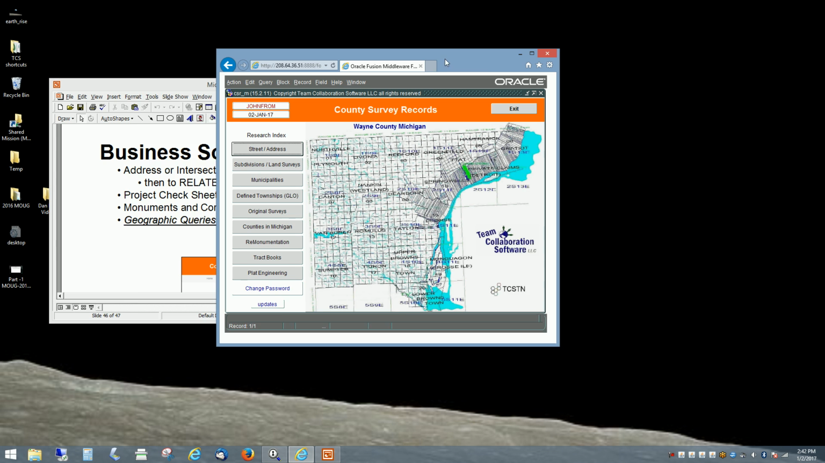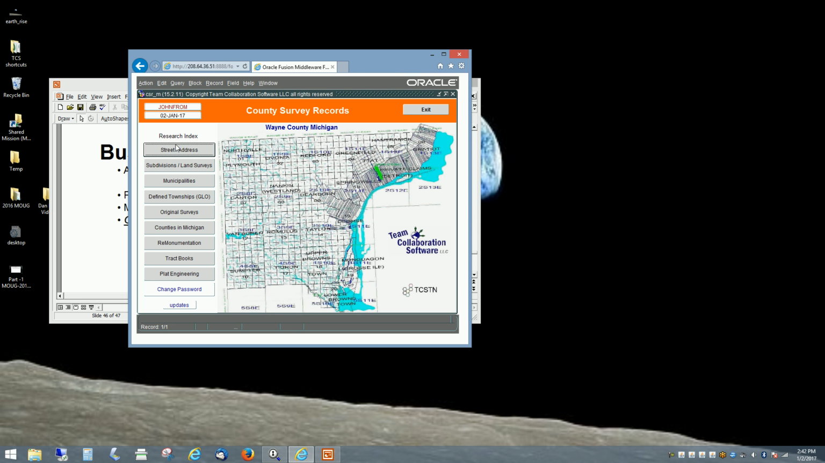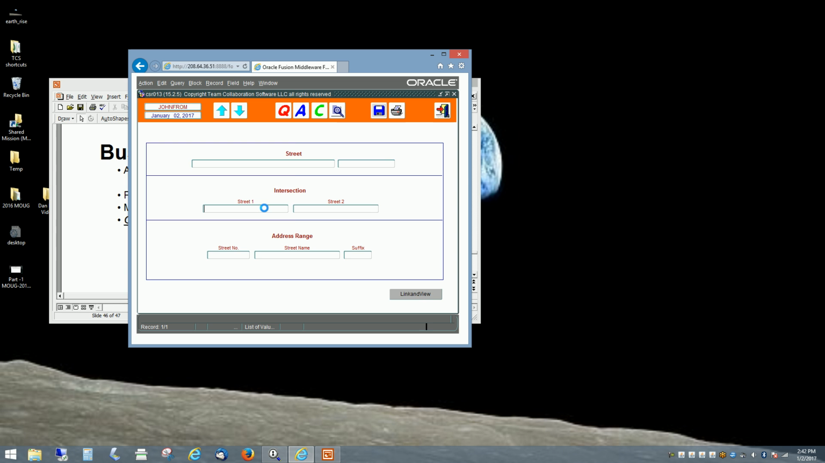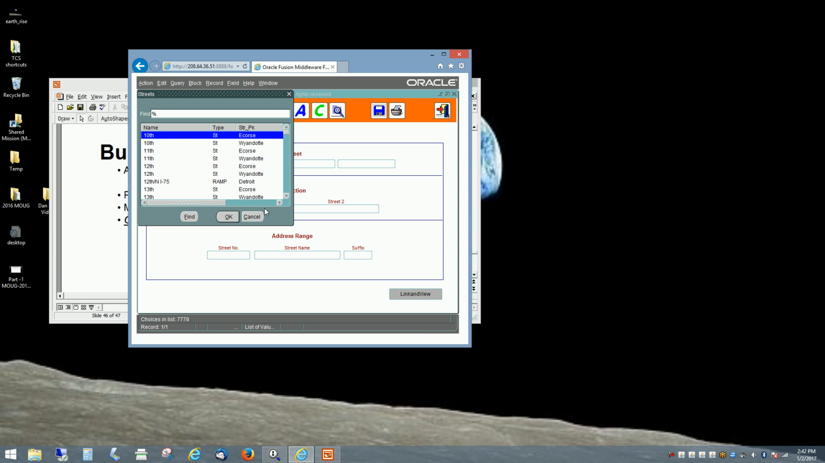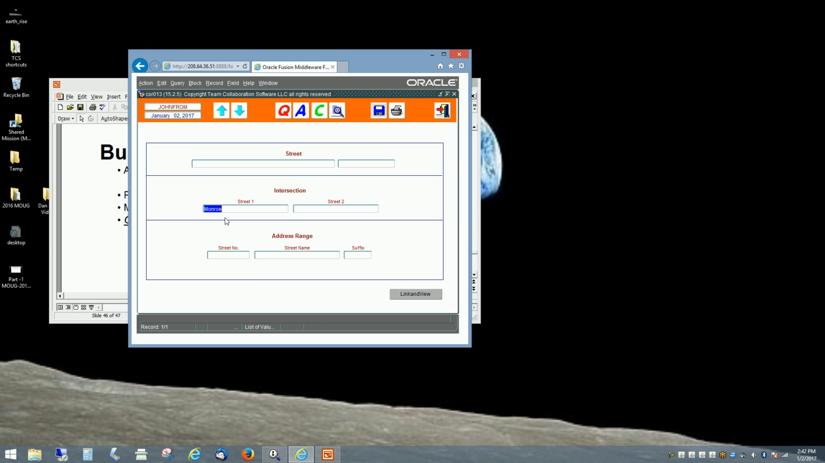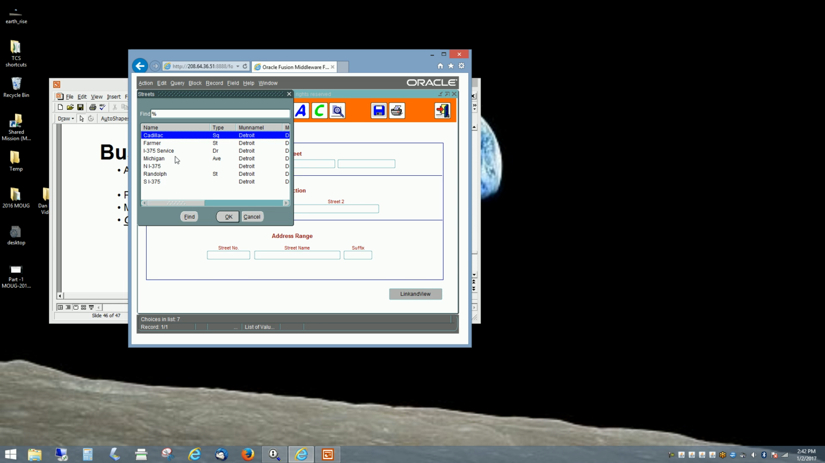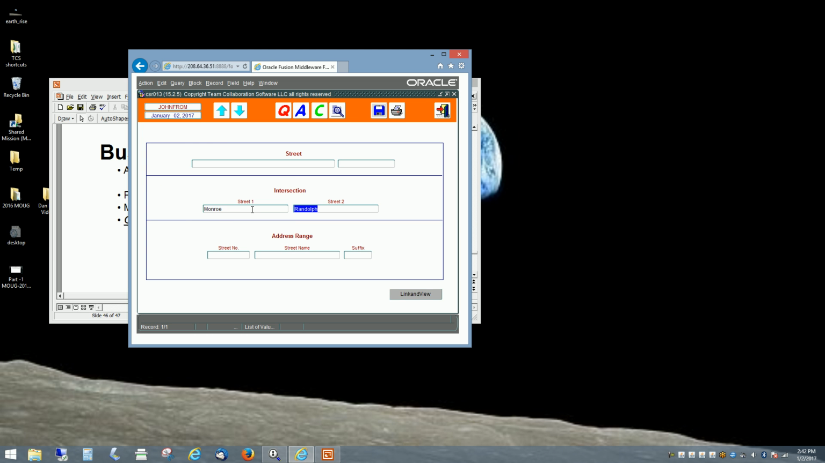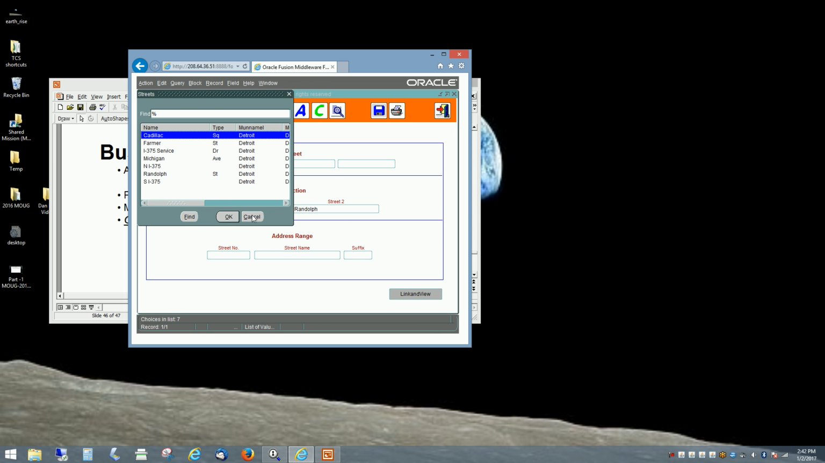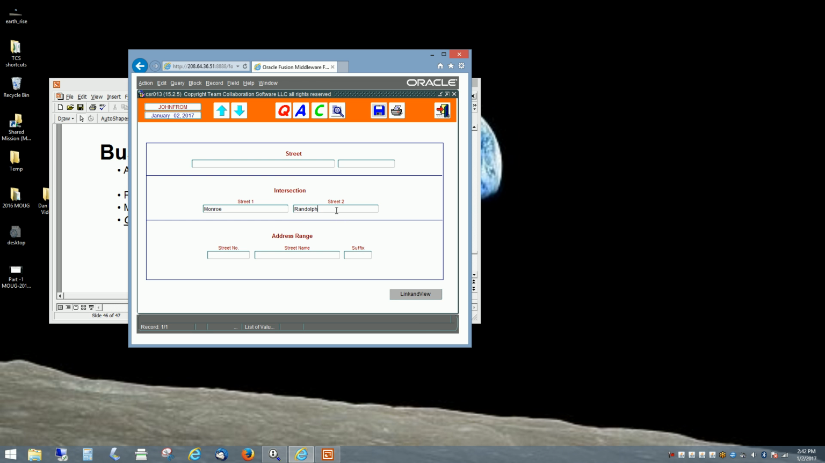So here's the main menu. I've logged in, and this is the research index. There's a number of different ways they can get to information, and for this first demo I'm going to use the intersection. So I know Wayne County Register of Deeds is located on Monroe in Detroit. So I'm going to select Monroe, and then if I double click, it brings up only the streets that intersect Monroe. Randolph, I know Monroe and Randolph is where the Register of Deeds is located,